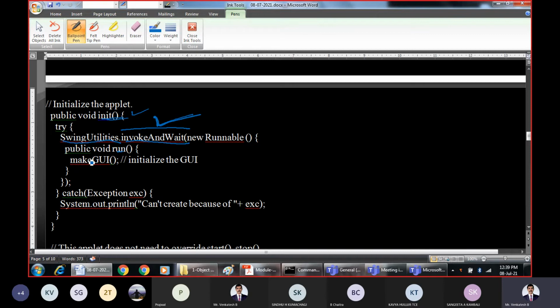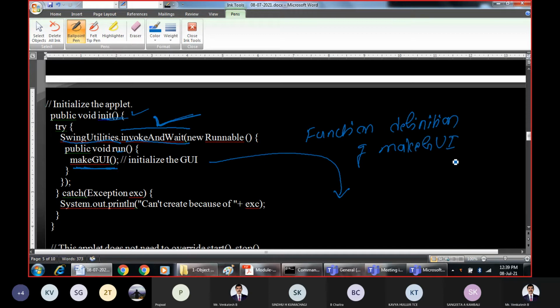Why? Because in the run method here we are calling the makeGUI function, so the function definition of makeGUI will be called. Until the completion of this graphical user interface, the method will not return to the caller.